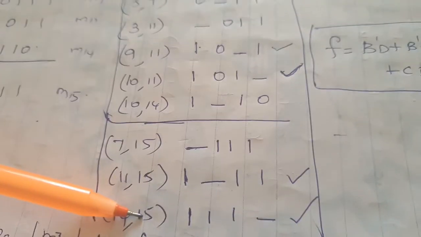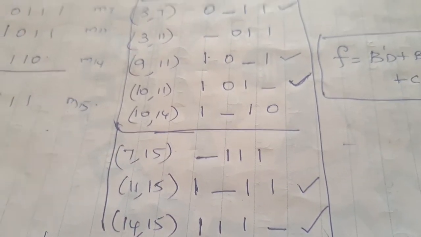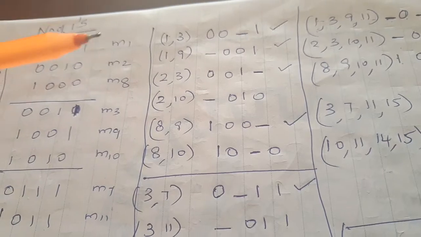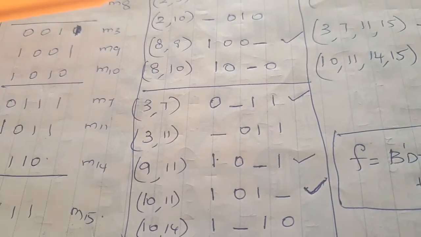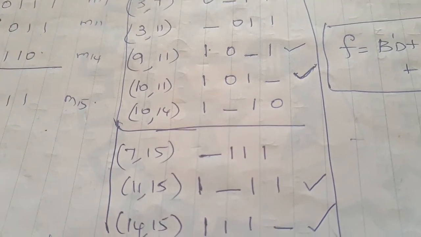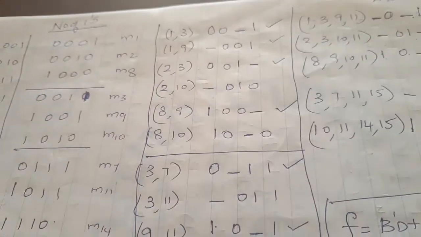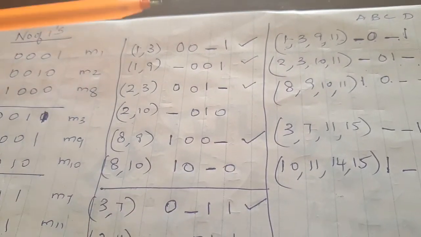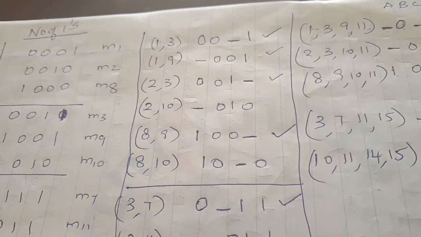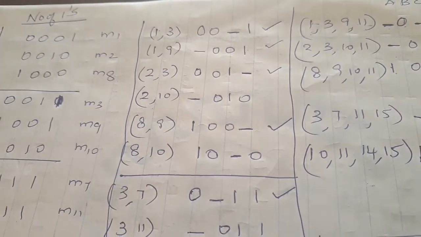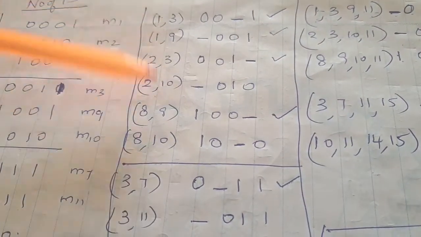So we have to start from subset 1, compare subset 1 to subset 2, subset 2 to subset 3, subset 3 to subset 4. So how many subsets you have? Adjacently you have to compare and make a dash element. Okay. So this is being done. Once you have completed this column, all the elements, we call it as the implicates. These are all the implicates.